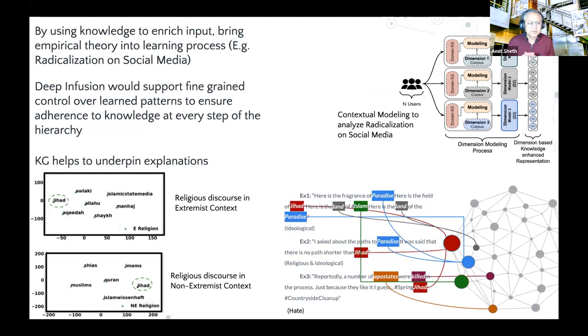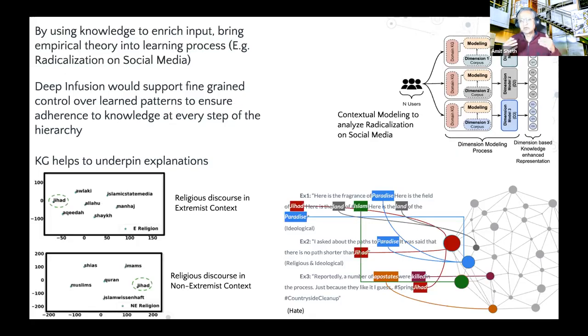So this is a very interesting example. The problem we were studying was radicalization on social media. There are a number of known cases where jihadis, extremists from the Middle East, actually convinced Western youth to join the jihad, travel to the Middle East, or engage in violence. Studying this kind of thing from short text and Twitter is extremely hard. What made it possible is the use of an empirical model. We worked with a political scientist, and he had an empirical model where he said to study radicalization, you need to understand religion, ideology, and violence